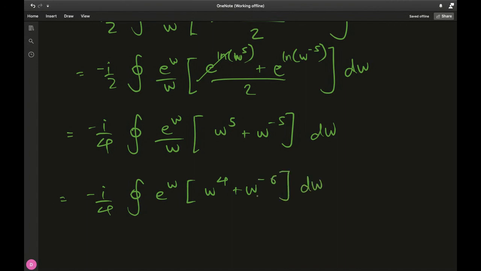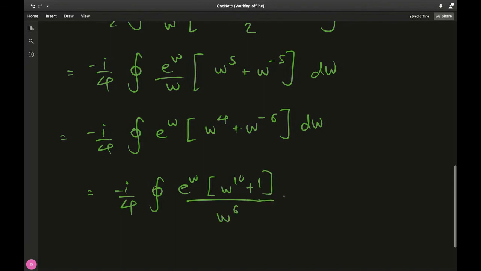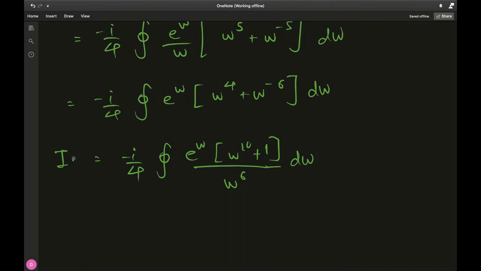Simple power rule there. And then finally we can have positive powers in the numerator by taking the common denominator. We have e to the w times w to the 10 plus 1 divided by w to the 6 dw. Okay, fair enough. This is actually I1,